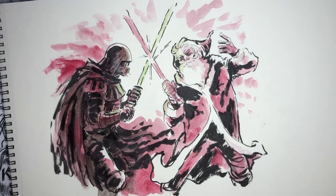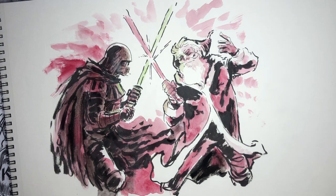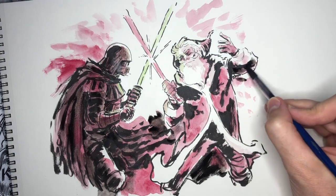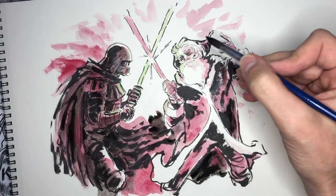for me, it's the way that the watercolors work. I feel like that's when you get a little more sense of a Gene Colan with the work I do. I don't think my stuff looks necessarily a lot like Gene Colan, but you can see where the inspiration is coming from. All right, so again, this is sped up, so I'm really making my way through these pretty quickly,